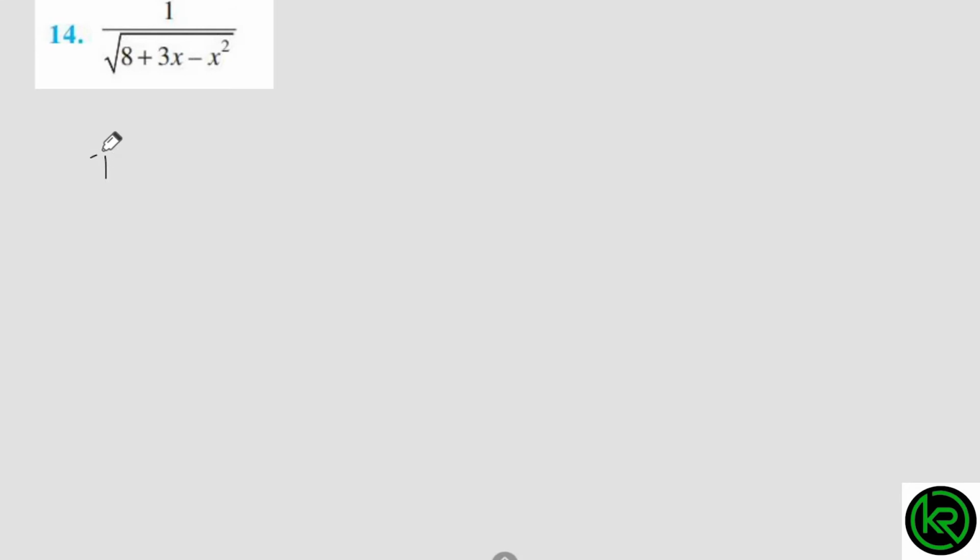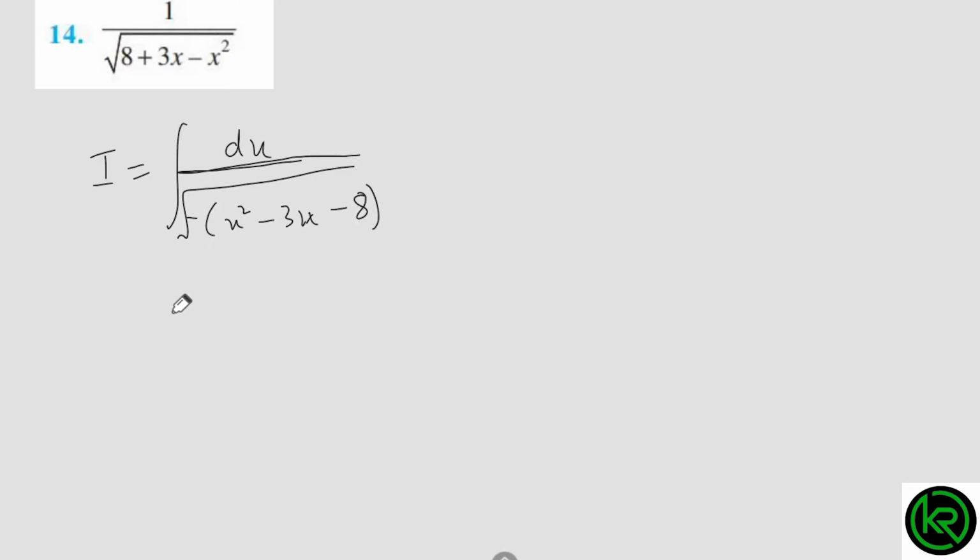Next question is also the same, I equals to integral dx. Here, students, x square coefficient is not 1. To make it 1 we will again take minus sign common here. So we will get x square minus 3x and here minus 8. Okay, now we need c. C will be equal to coefficient of x upon 2. Coefficient of x upon 2 is 3 by 2. Again it is coming same.